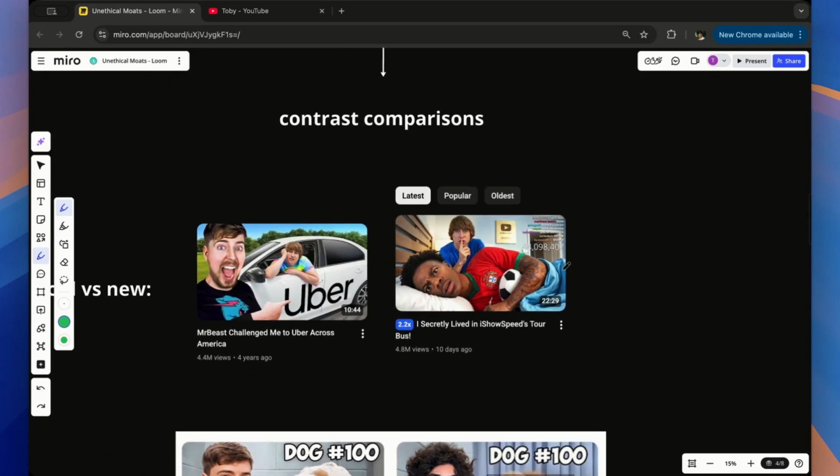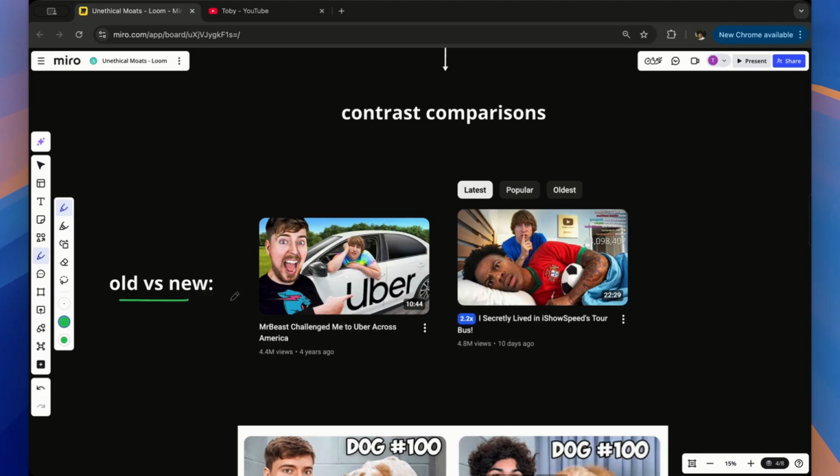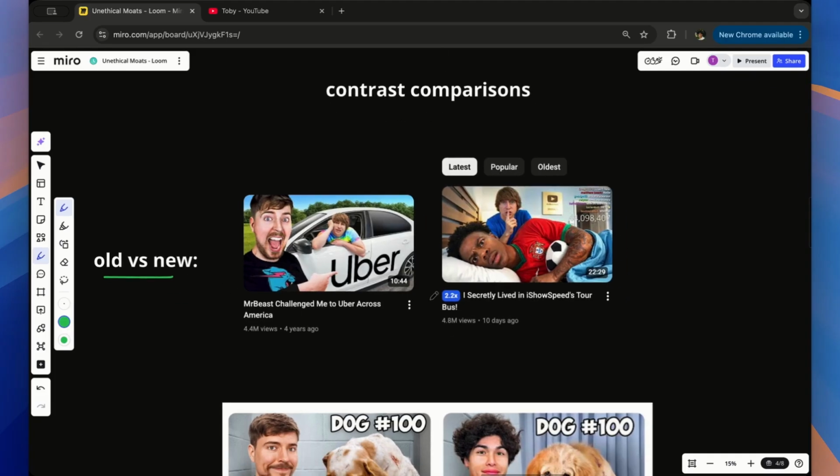Now, another method that I really like that no one talks about and no one teaches is to do old versus new. You take videos from the same channel that are on similar topics, that are similar lengths, that have similar titles and thumbnails, and then you just compare it. You just open up a Google Doc and you watch the intro, and then you watch the other intro, and you just write notes about what he did better. And just doing this, you can learn so quickly, because in his over 4 years, his content has evolved so much. If you just compare his new content to his old content, you can see the different things he's doing that he's learned, and you can take those learnings and apply it to your own content.